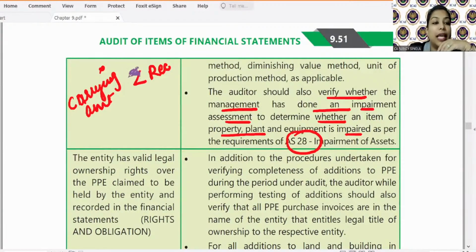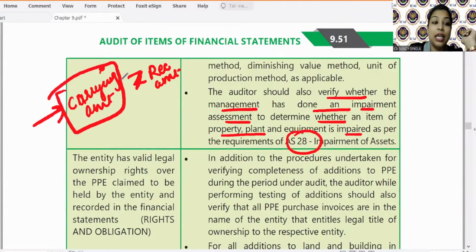If the carrying amount is more than the recoverable amount, that means the asset is coming at a higher value than the amount which can be recovered after selling that asset, even after providing the depreciation. This carrying amount is what? The amount after providing the depreciation. If it is more than the recoverable amount, the amount which the entity will get if it sells it in